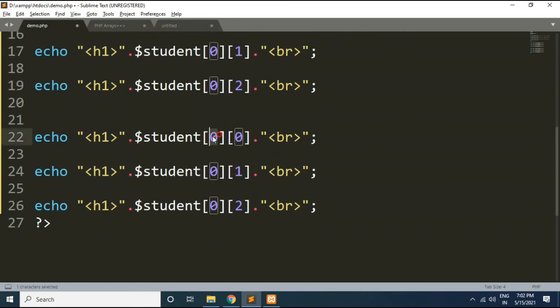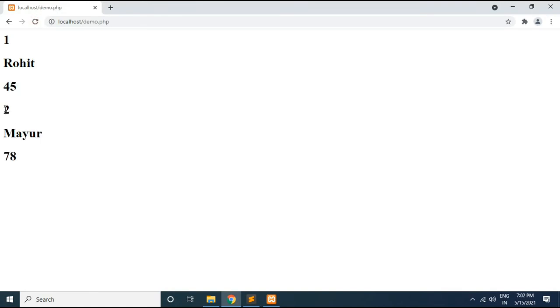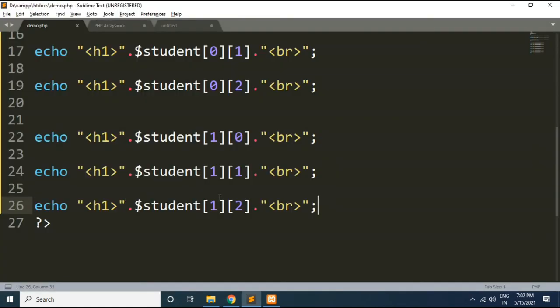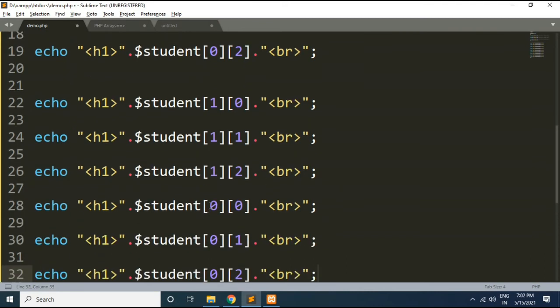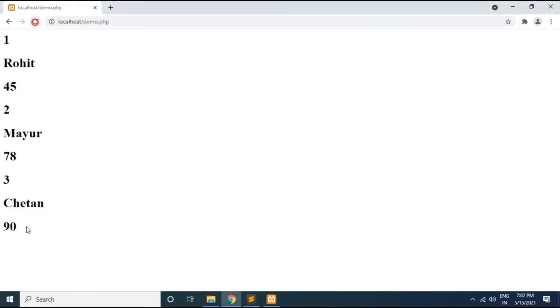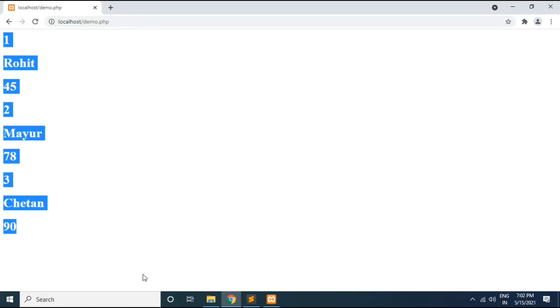So change the index value to 1, which represents our sub array, like this. If I go to the browser and refresh, you can see we got the second record. Okay, and here I will make it 2. You can see we got the third record. Like this we can access the array elements within a multi-dimensional array.